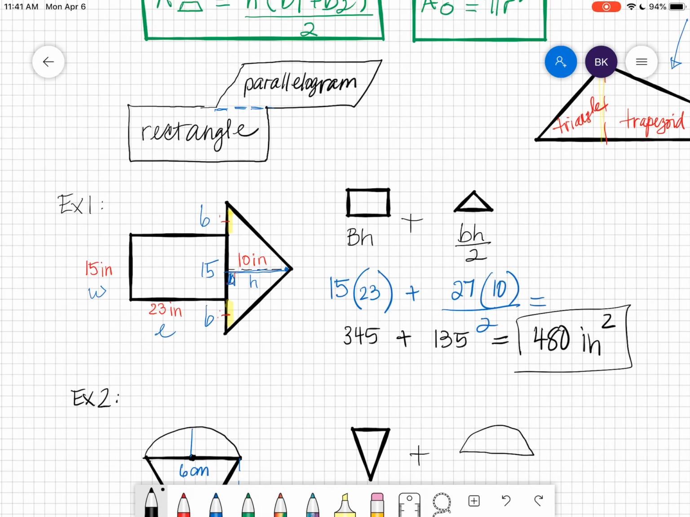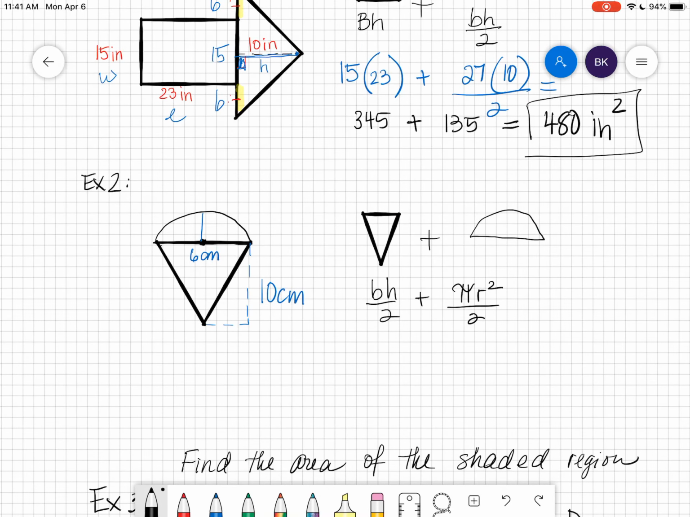Moving on to the next example, we have a nice looking snow cone, and I see two shapes. It's made up of a triangle and a semicircle. Quickly, here are the formulas for the area of both. Don't forget to divide by 2 because it is a semicircle. So 6 centimeters is given to us, and as you can see, 6 centimeters is a